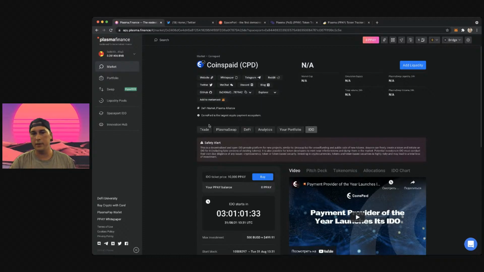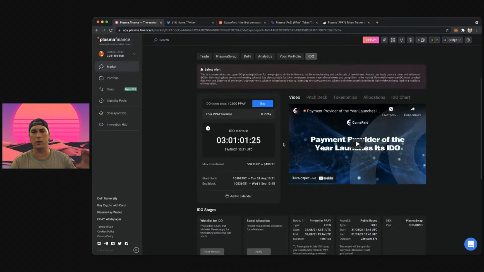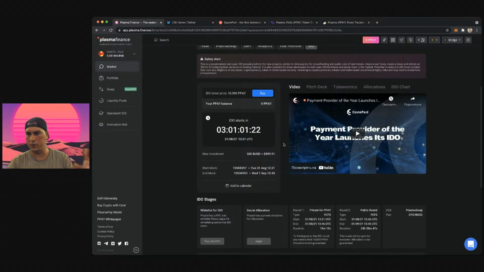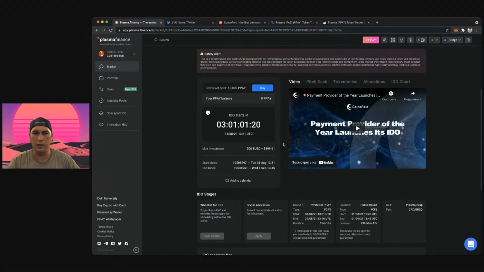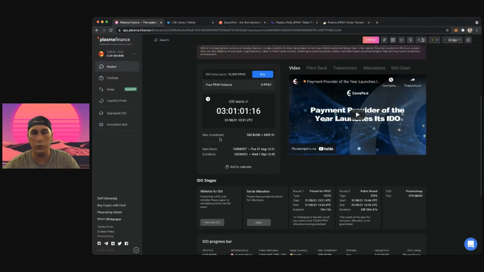Every CoinsPaid token page has this IDO tab. If you click it, you will see the whole information from the contract that you can just read. Let's read it together, and I will explain what's happening here. First of all, the very important information about the start of the IDO, because I know everyone is waiting for this special time frame. Let's say now it's like 12